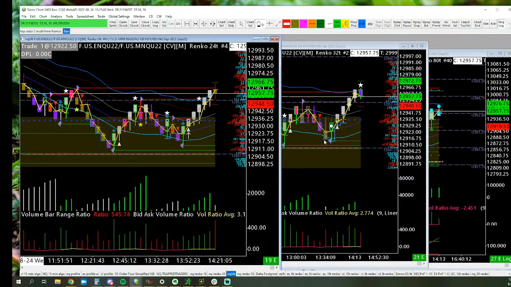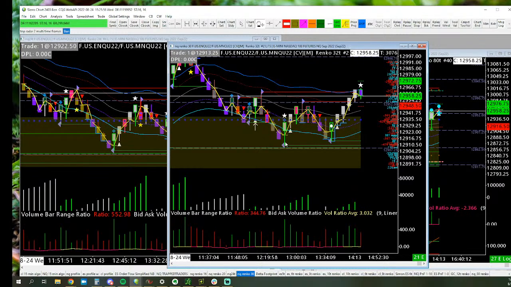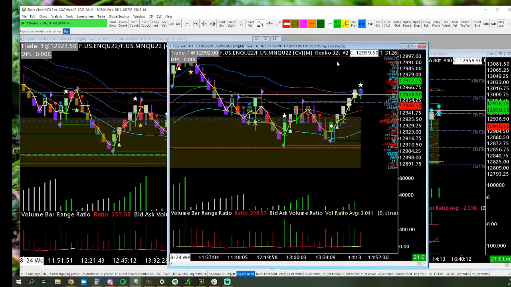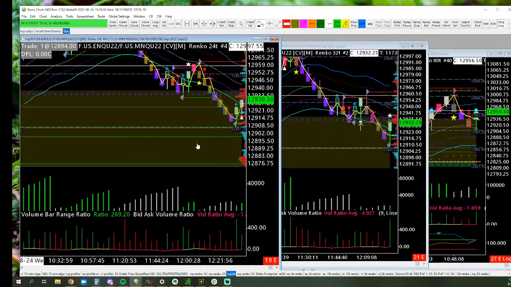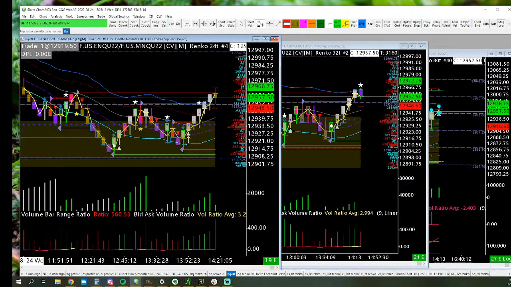As an example, let's say this purple bar star here, this also had a diamond, but let's just focus on the star, because we know that a purple bar star down here at or below this lower blue line is usually a valid signal. And this occurred on the 32 tick, right? Whereas over here, at the same time, we got on the 24 tick a purple bar, and then this green outline with the aqua diamond, which is a new